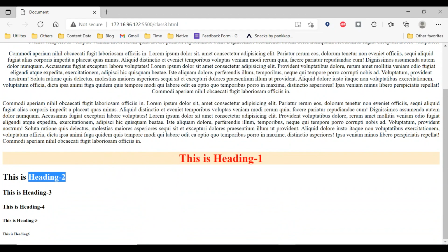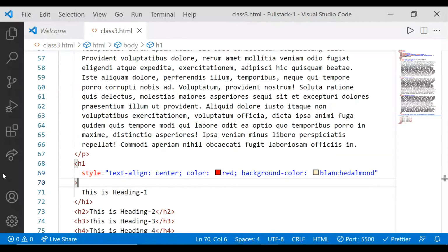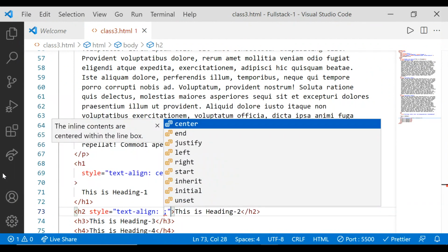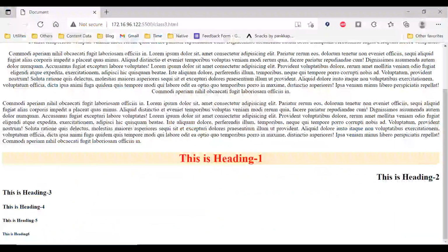Now you can also make it text align right. Okay, I'm going into the H2 section and using the style property, text align right. Okay, now see the H2, the second heading, is on the right hand side. Similarly, you can apply further alignment on H3, H4, H5 and H6. So heading is the second block level element, and it also occupies the entire width of the screen. Okay, because it's a block level element.